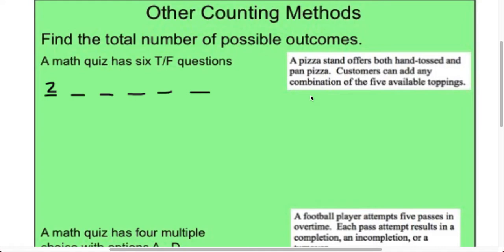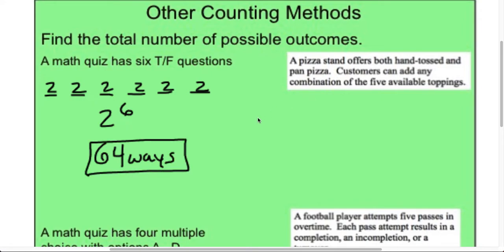For question number 1, it could be true or false. For question number 2, it could be true or false. True or false, true or false, true or false, true or false. This doesn't really have a name. I call it the exponent method. It really is just a variation of the fundamental counting principle. But there are 2 to the 6th ways. There are 64 ways